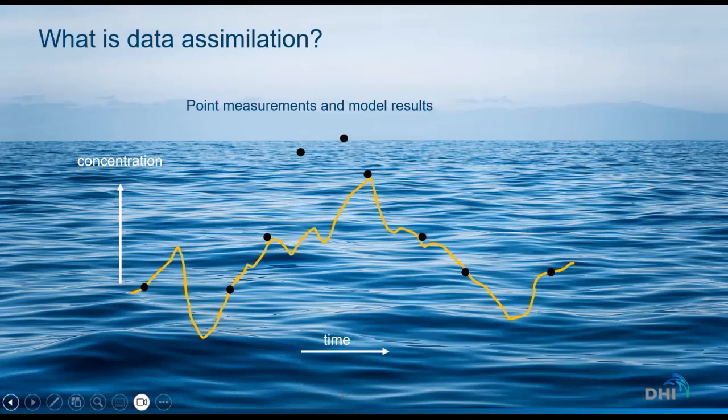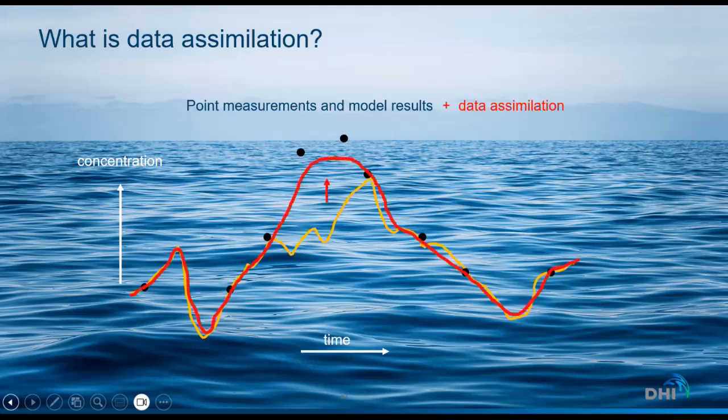We also see that in between the first two and the last two measurements, the model contributes some additional information about the concentration relative to what we can get from the measurements, where we would probably have just interpolated a straight line if we did not know about the model results. In the middle of the time span, we see that the model is quite off, and this is where the data assimilation comes into play.